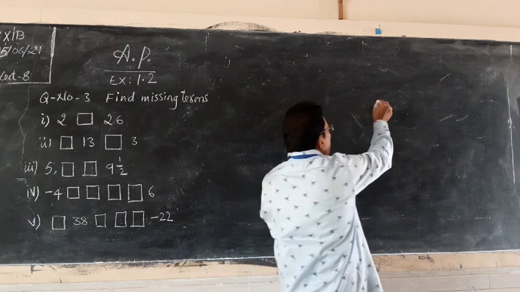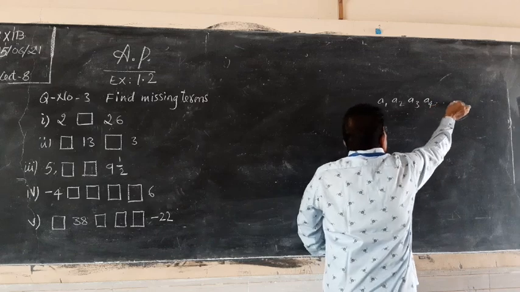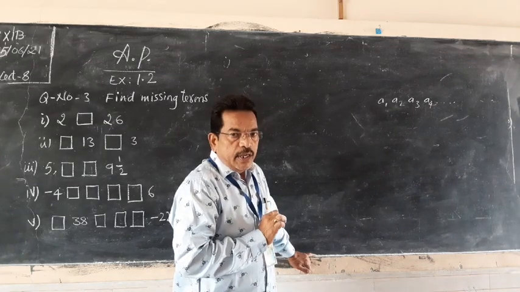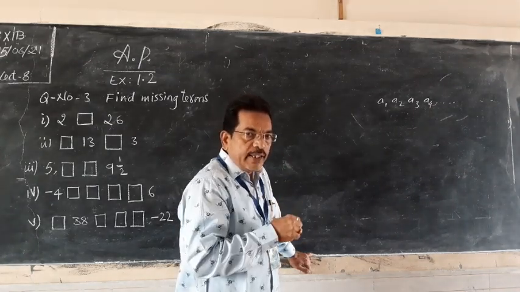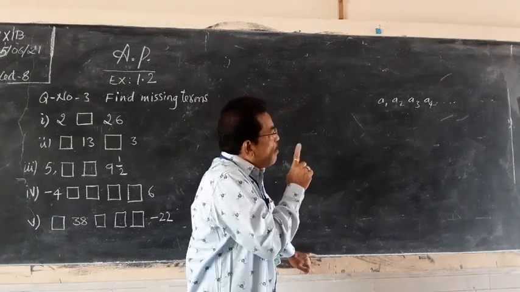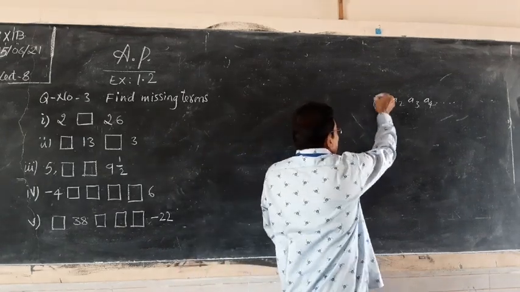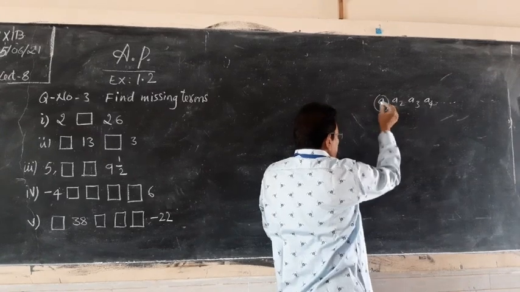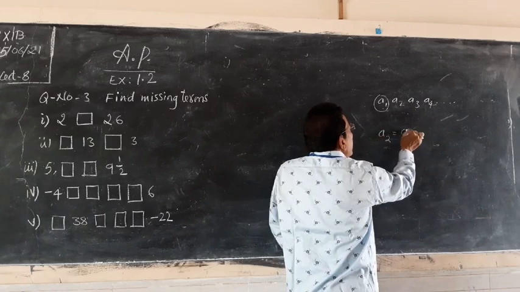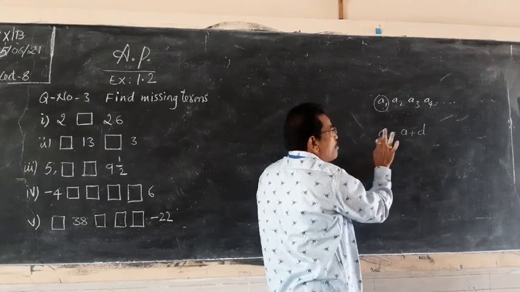We know in AP, A1, A2, A3, A4 and so on are called terms of AP. A1 first term, A2 second term, like that. According to that, what do the terms of AP mean? For example, the first term is not necessary, that is, the first term is always given. A2, what is the meaning of A2? A2 term is obtained by adding the common difference D. That is, A2 means A plus D.